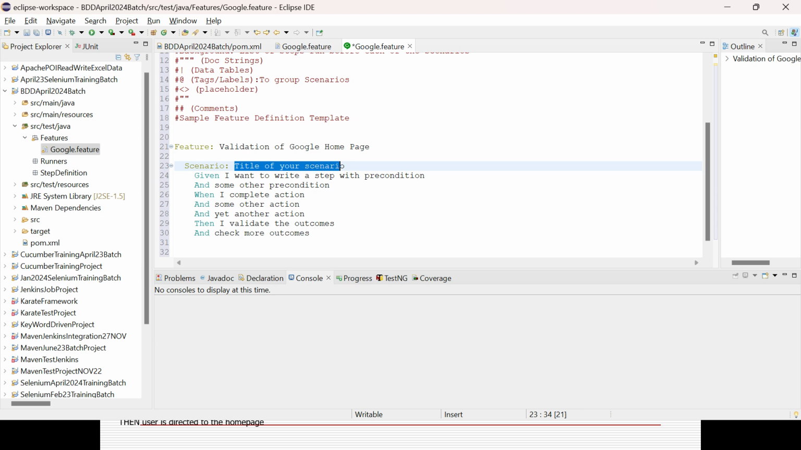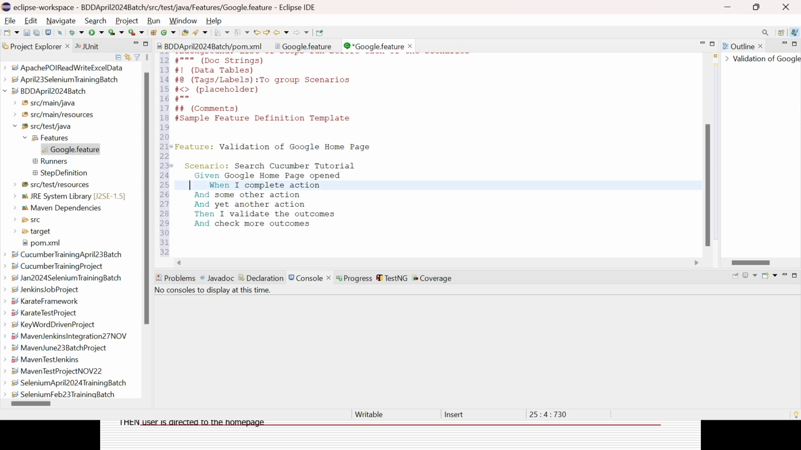Scenario. What will be a scenario? Suppose my scenario is search cucumber tutorial. Given what? Google homepage open already. That is the precondition. You can give multiple things with and. Then